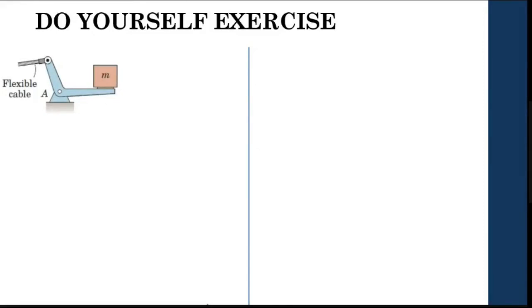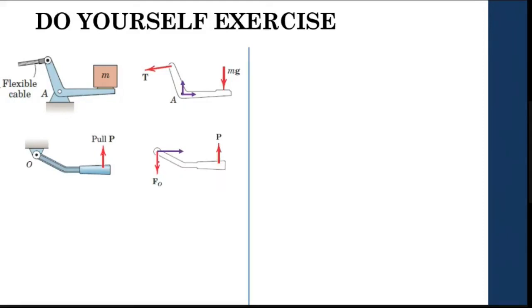Let me consider here. Can you tell me how many reactions, or how many forces, will be here for this particular problem? You have something like this: tension, weight of this particular object, and of course, A1, A2. Since it's a pin support, you have two reactions. So totally you have 1, 2, 3, 4 forces. Consider this one. How many forces? You have 2 in the pin joint. Of course, the direction doesn't matter. So you have 2 in the pin joint and 1 force towards the support direction. So totally 3.